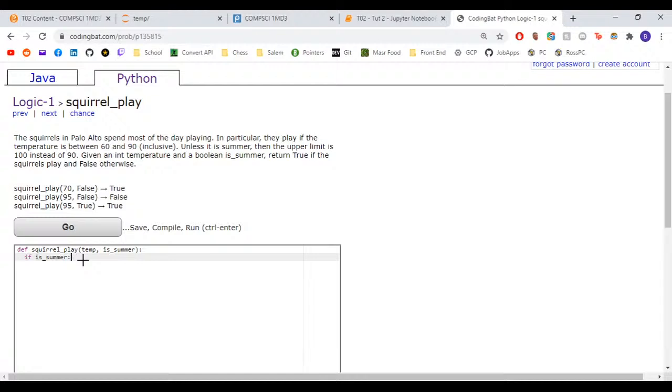We'd simply check to see if it is summer. And by the way, guys, when I say if is summer, that's equivalent to saying if is summer is equal to true. You can basically, in Python, leave out the is true when you're evaluating a Boolean in an if statement, right? So I'll say here, same as if is summer,